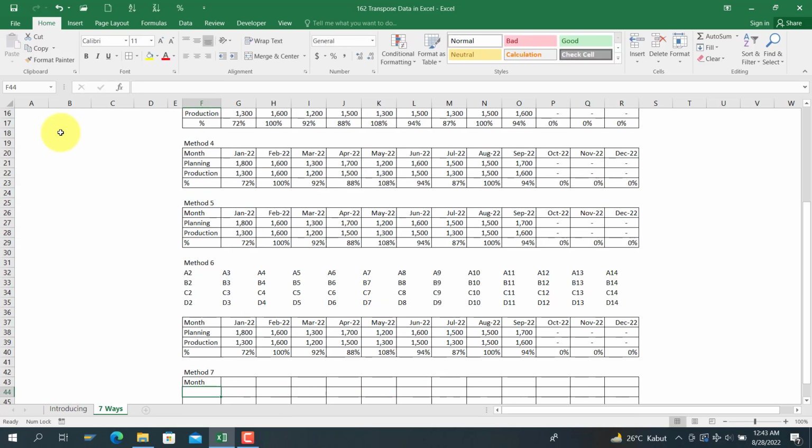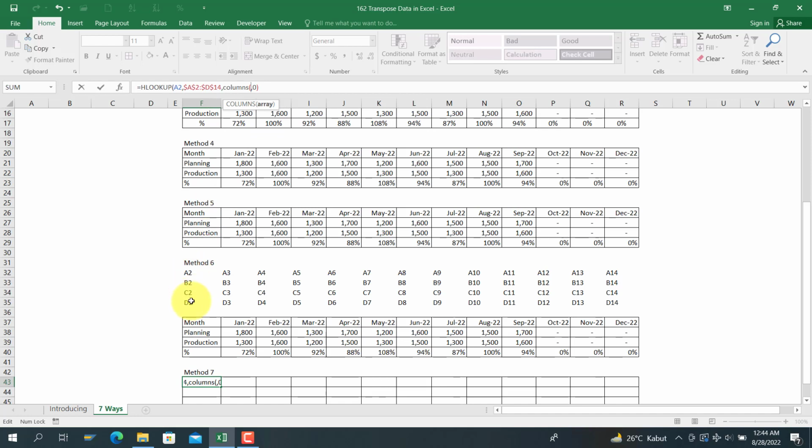So if I drag it to the right, I want it to change into 2, 3, 4, and more. So I'm going to change this one into the COLUMNS function,